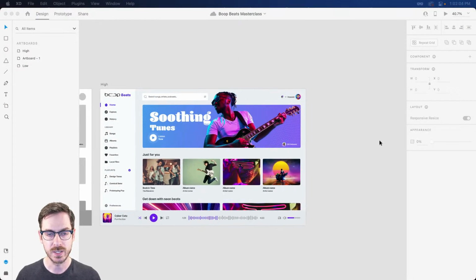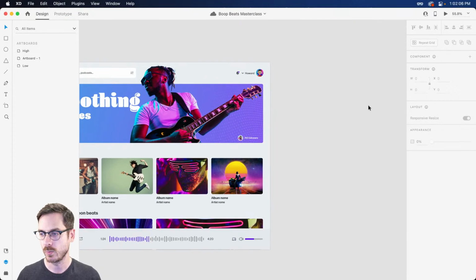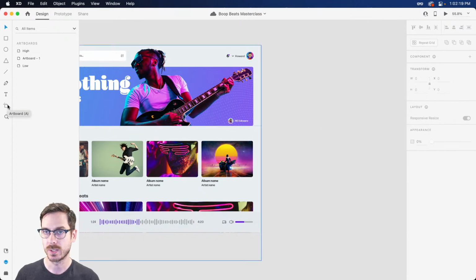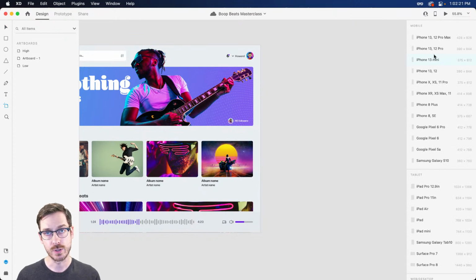All right. So what we're going to do is hop into Adobe XD and start designing. Now, considering this is the mobile version, we're going to start with a mobile preset. So over to the left, I'm going to grab my artboard tool, shortcut key A. And over to the right, got a bunch of presets from all the different iPhones to the Google Pixels, Samsung Galaxy S10, or of course, if you have specific dimensions you want to use, you can definitely enter those as well. But I'm going to start with an iPhone 13, 12 Pro Max,